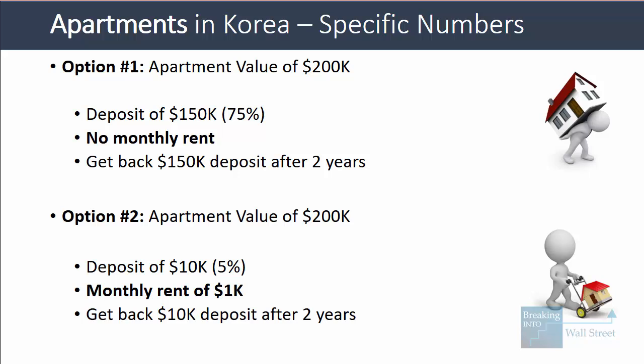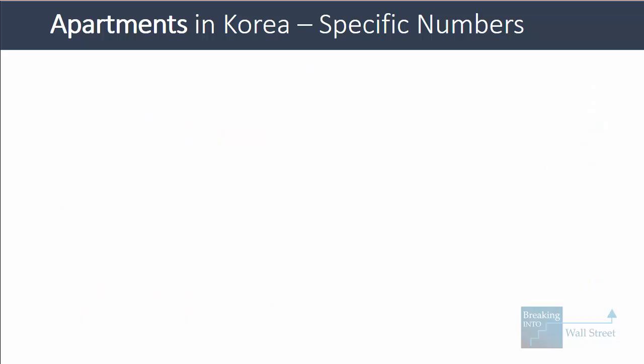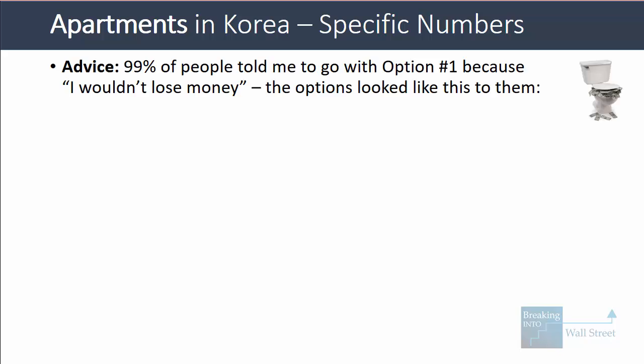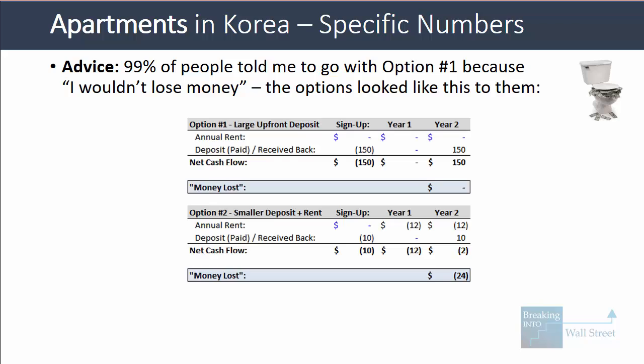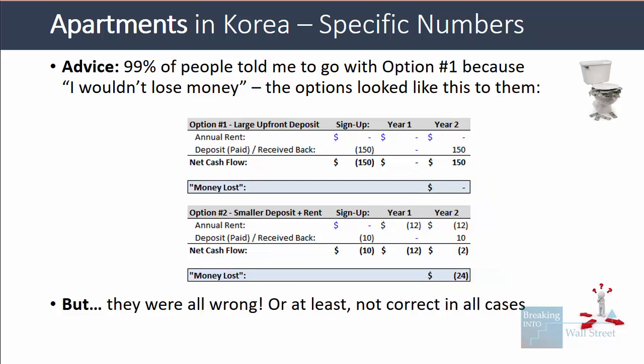Now, most people I spoke with when I lived in the country looked at the scenario and they analyzed it exactly the way that I just showed you. 99% of these people told me to go with option number 1 because I wouldn't lose money. To them, the options look like this. Option number 1, no money lost. Option number 2, you lose $24,000. The punchline is that they were all wrong, or at least they were not completely correct about their reasoning for